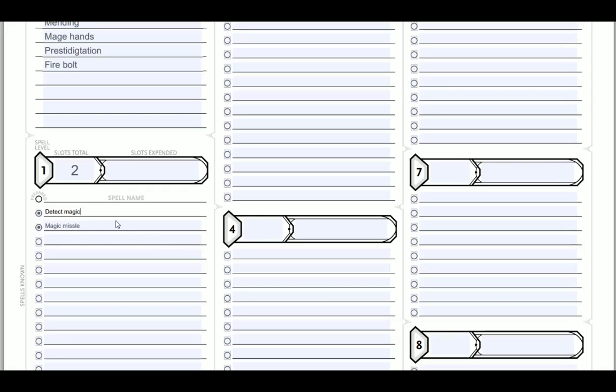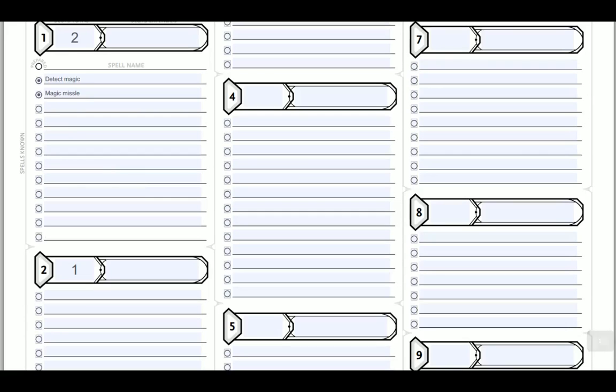Using this, basically, the way this works is you have these 2 spells prepared. You can cast Detect Magic twice, you can cast Magic Missile twice. Later on, when you get a level 2 spell, you can cast Magic Missile as a level 2 spell. Magic Missile right now is 3 times 1d4 plus 1. And then it's also plus 1d4 plus 1 per spell level